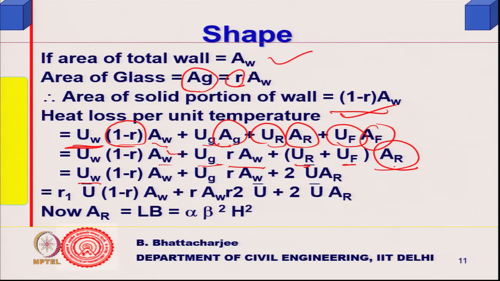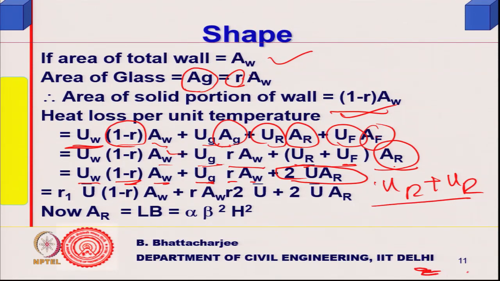So, U A is (1 minus R) AW UW plus UG R AW plus, let us say average of UR plus UF divided by 2 is equals to U. Then UR plus UF will be 2U, into area of the roof, and this we can write as